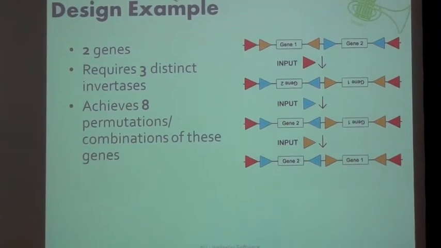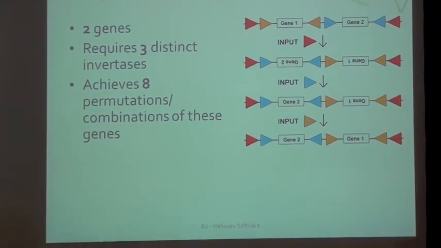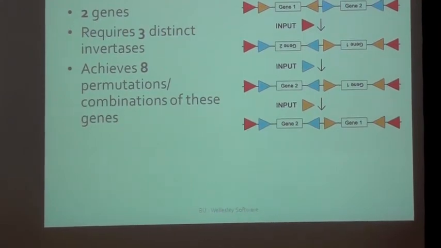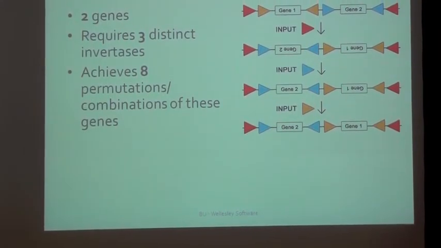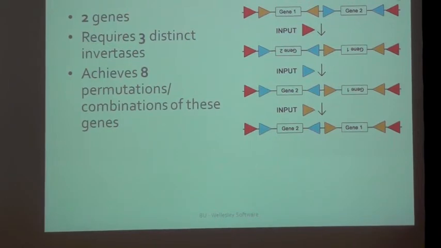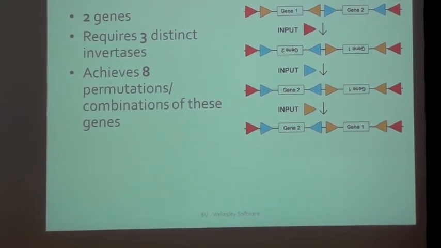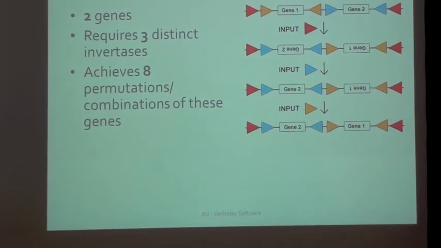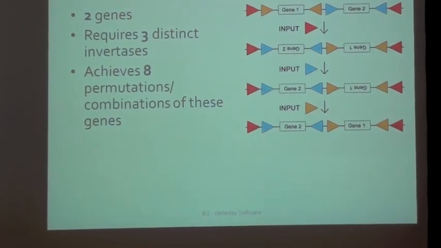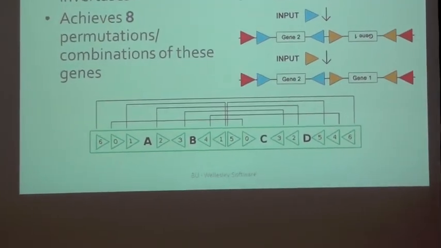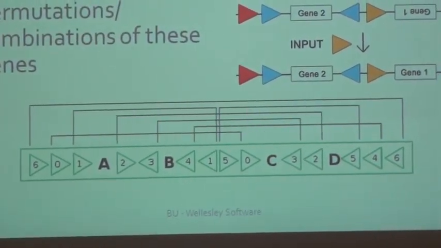So this is a pretty simple construct, but you can imagine that as we scale the number of parts up, the placement of invertase sites so that we can hit all of these permutations and combinations is not a trivial task. Due to this, there needs to be an algorithm developed which properly places these invertase sites. So for example, here we see a 4-part system, and you can see that the complexity of these invertase sites